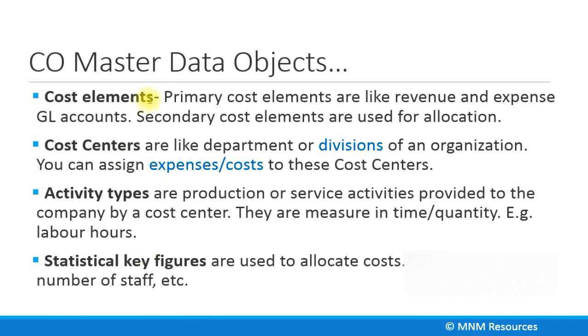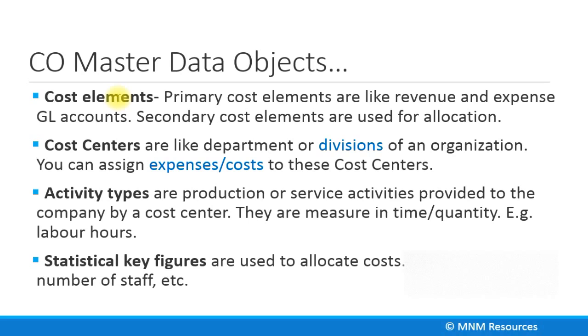One is cost elements. As we discussed earlier, cost elements are usually mapped with GL accounts for revenue and expense accounts, and these are created as primary cost elements. We are using the word primary over here. It's called primary because primarily it's flowing from the financial accounting via the GL accounts, and that is via the revenue and expense GL accounts. So that's why we're calling this primary cost elements, because this is the initial flow of values from FI module